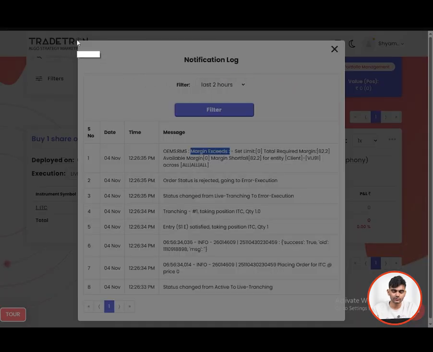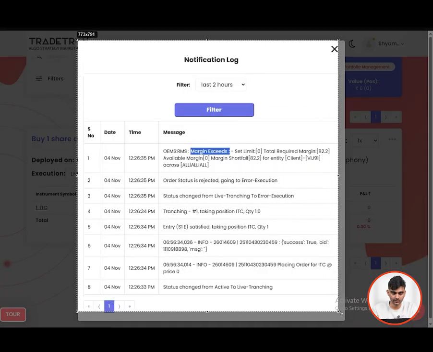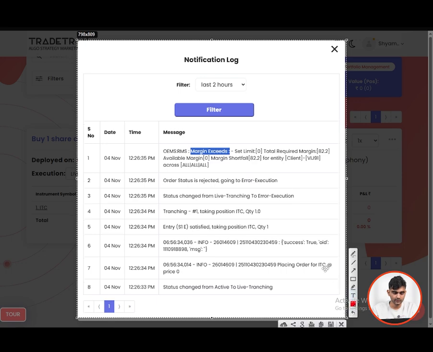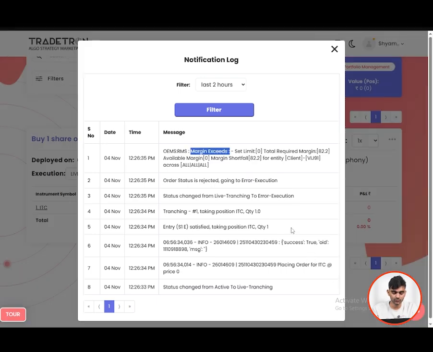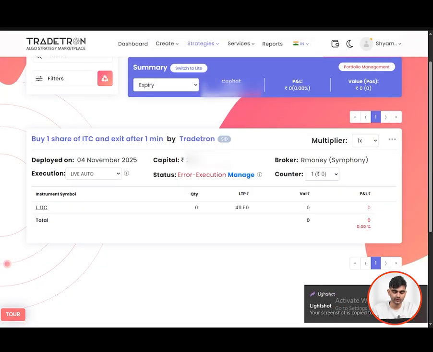And if there is an error which you are not familiar with, simply take a screenshot like this and send it to your dedicated RMoney advisor, or you can send it to the Tradetron support team as well. Once you do that, it will help them to quickly identify the issue and resolve it,